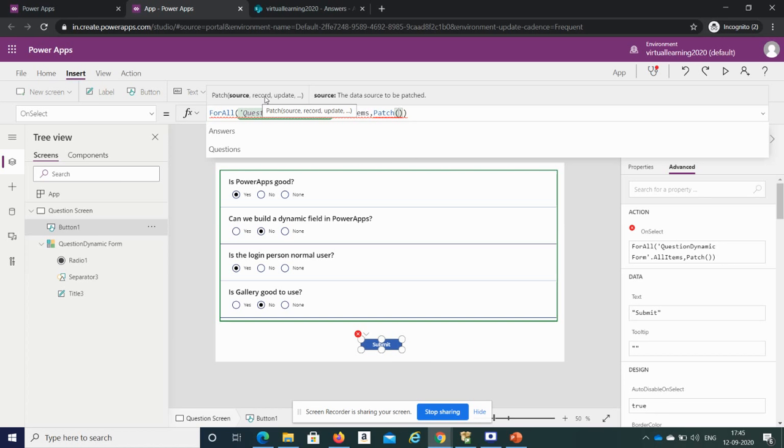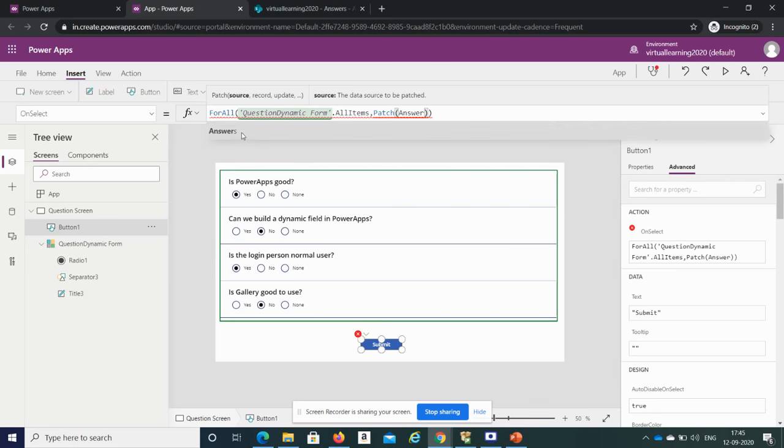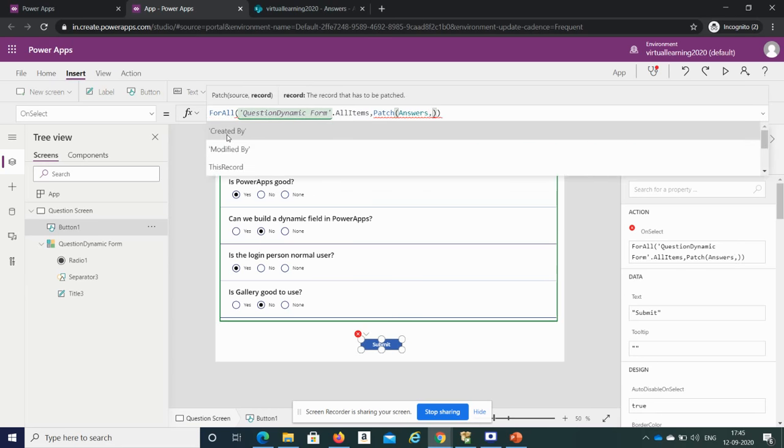So now we need to give source. What is our source? The SharePoint backend list, which is answers. See, this is our SharePoint list, where we are going to save the data, comma. Now the record that has to be passed.